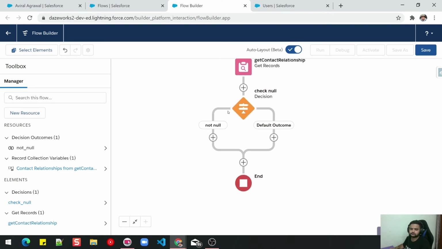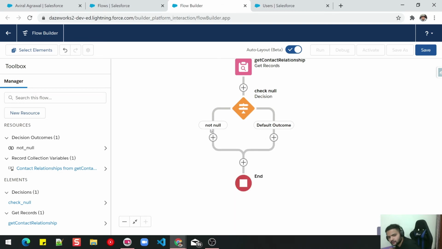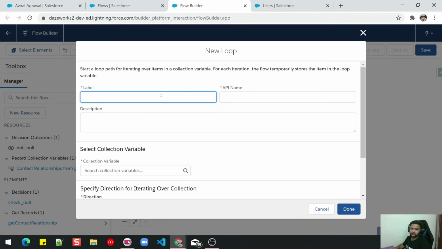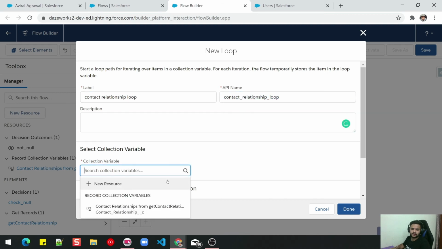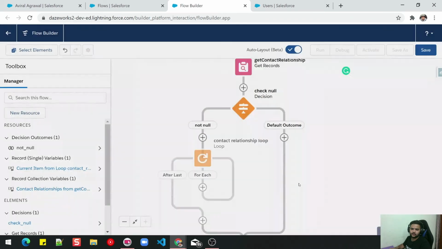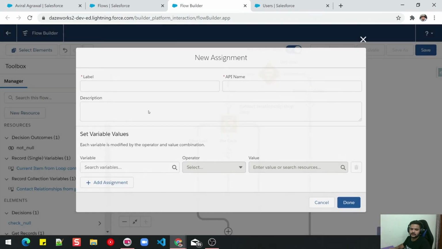So if it is not null, I will add a loop here, because I want to cover all the records. I'll give it a name, let's say contact relationship loop, and I'll select a collection variable and done. So it will create a loop, and in the loop I want to update the sales rep name.